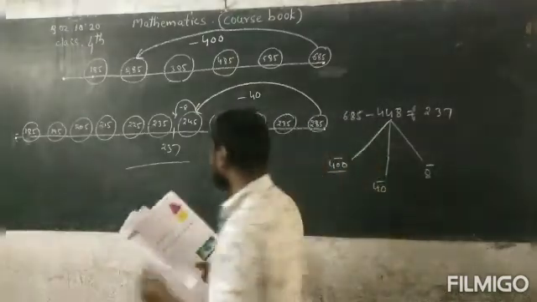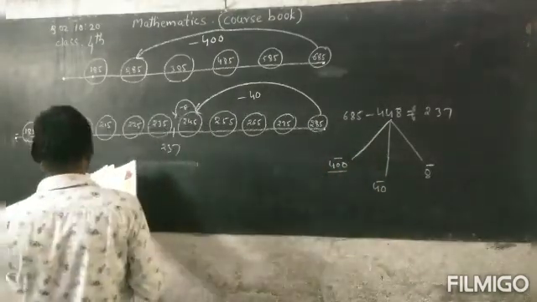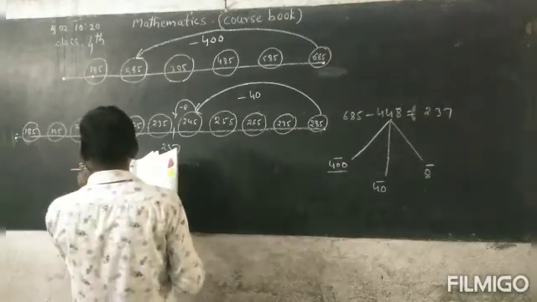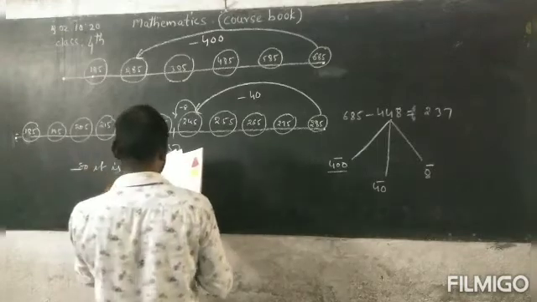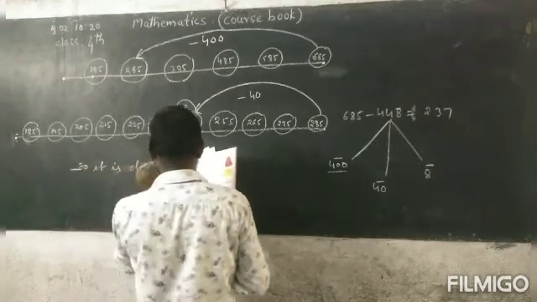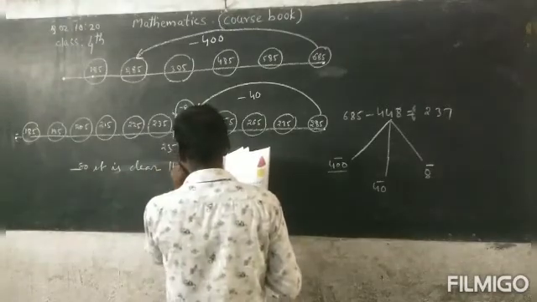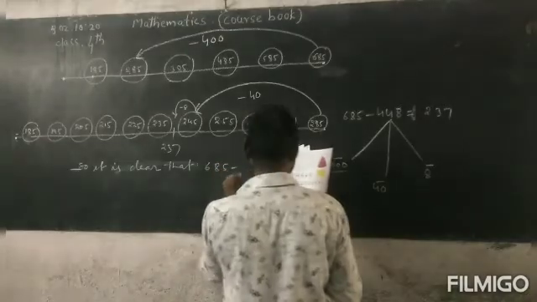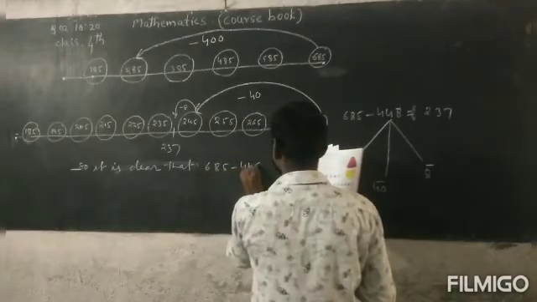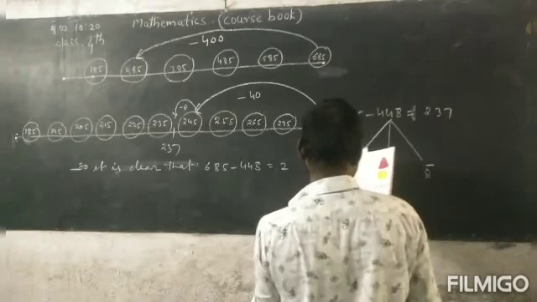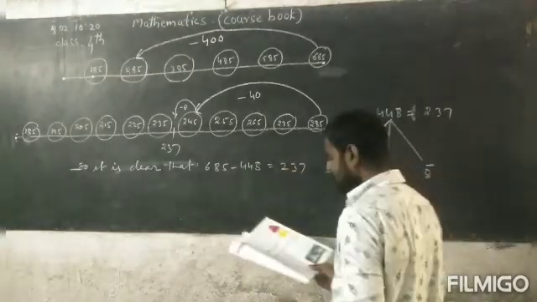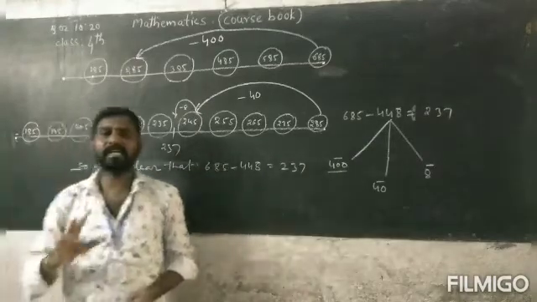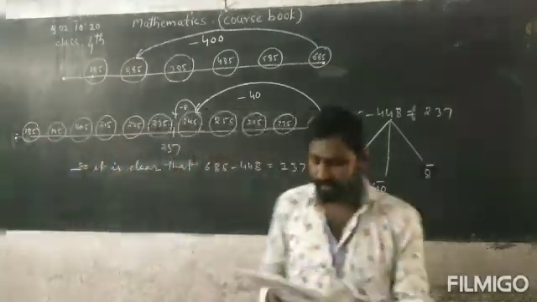So see, listen carefully. So it is clear. What is that? It is clear that 685 minus 448, you can get 237. Means here one subtraction fact it can give two addition facts, beta. See here,